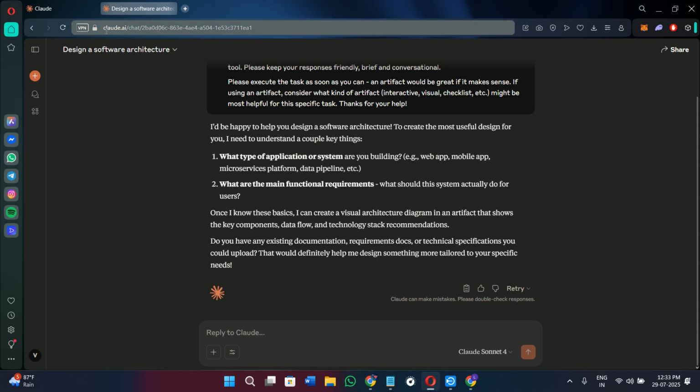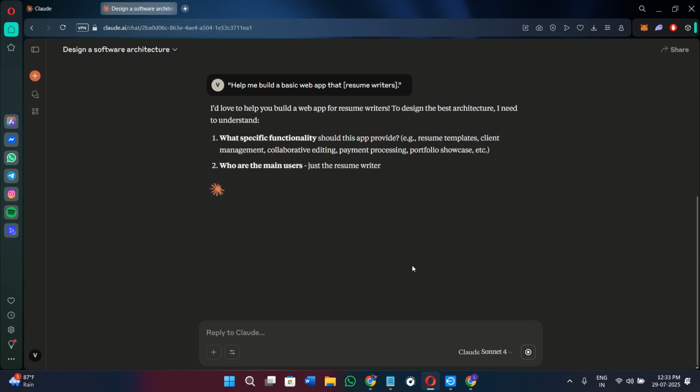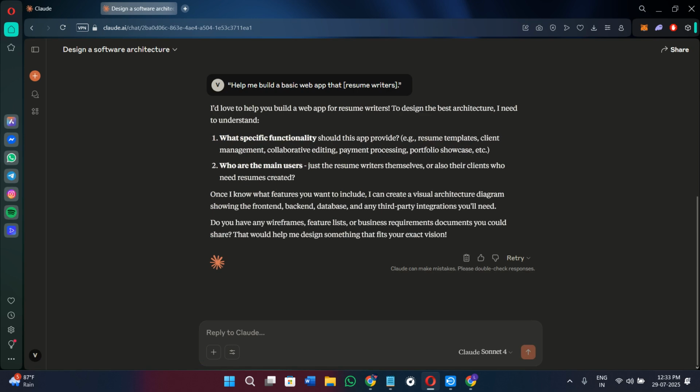Now you need to launch Claude Code and start typing something like this. You will have to type "help me build a basic web app that" and then, in this particular bracket, you need to basically enter the idea. So for example, I want to make a resume writer, so I'm going to be typing it over here, then hit enter. So Claude will instantly generate the backend logic in Python or Node.js plus a simple front end using HTML